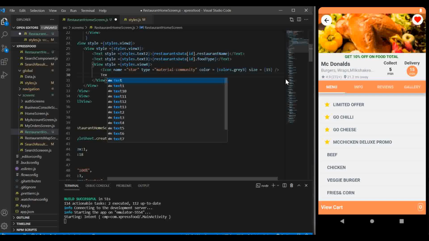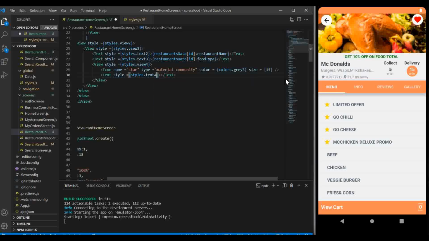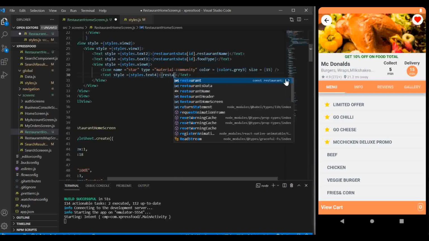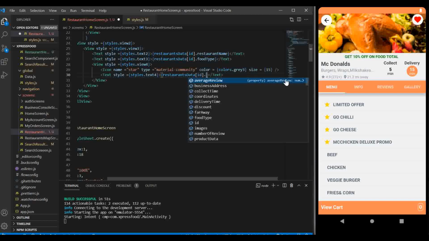Now I'm going to create a Text component again, and we pass styles to it, and this time it should be styles.text4, and the data is gonna be from restaurant data, pass the ID, and here it's gonna be the average review,